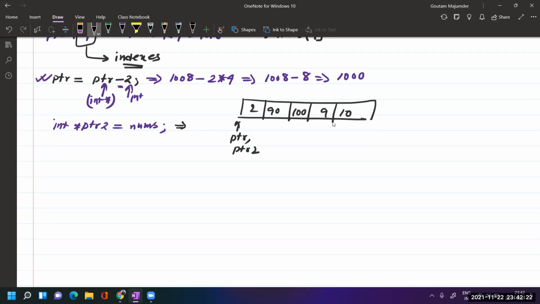Okay, so now let us see relational operations between pointers.